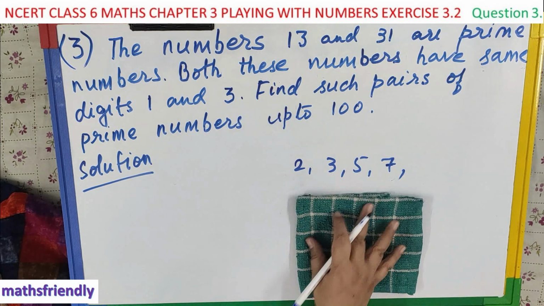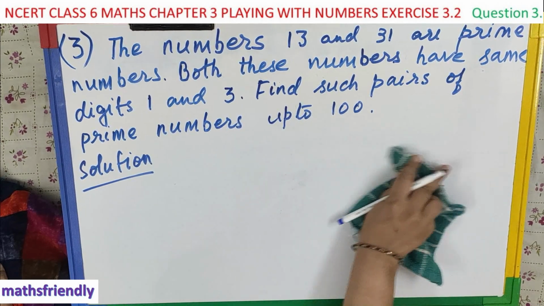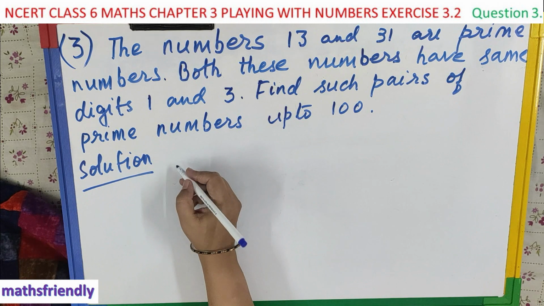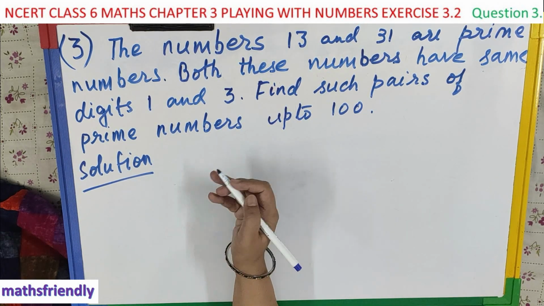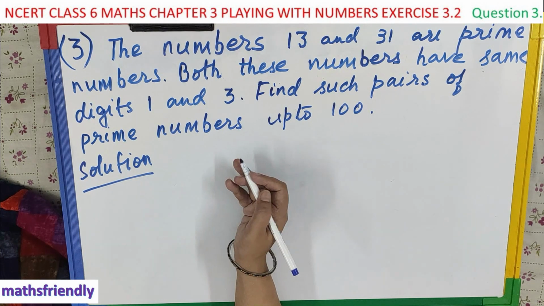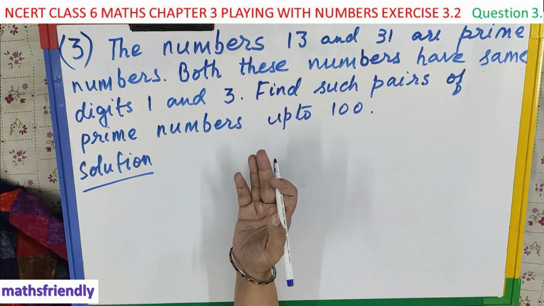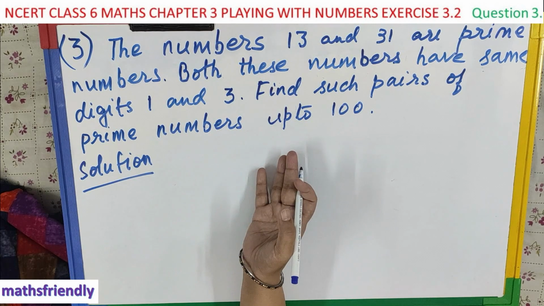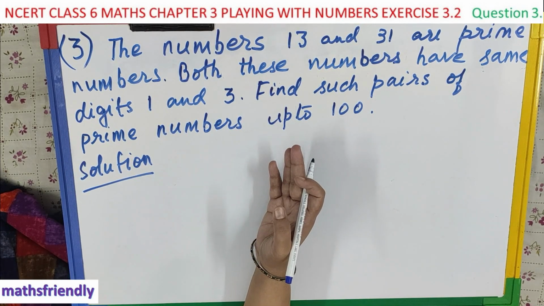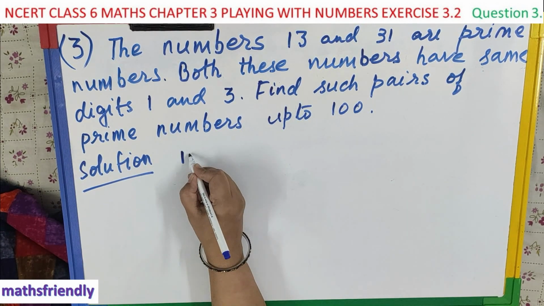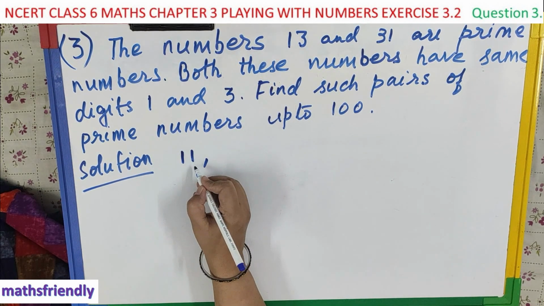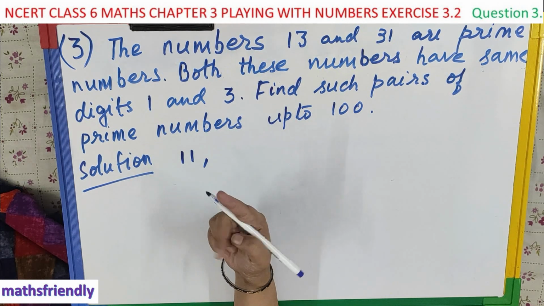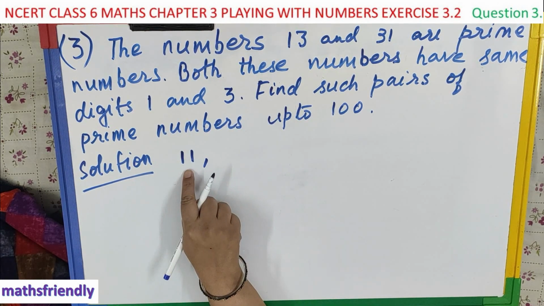So we will take prime numbers which are of 2 digits. Okay, so 2 digit up to 7, right? After 7, 8, 9 and 10 are not prime numbers because they have other factors also. Those numbers are divisible by other numbers also. Okay, so we will start from 11. 11 is a prime number because it is divisible by only two numbers, 1 and the number 11 itself.